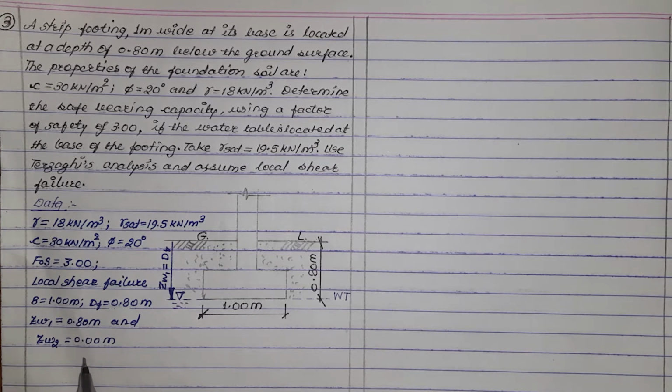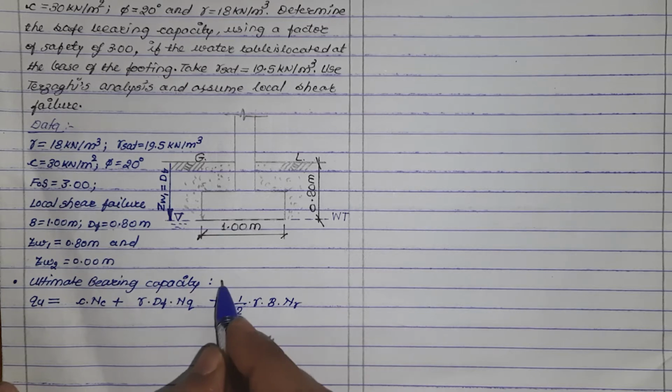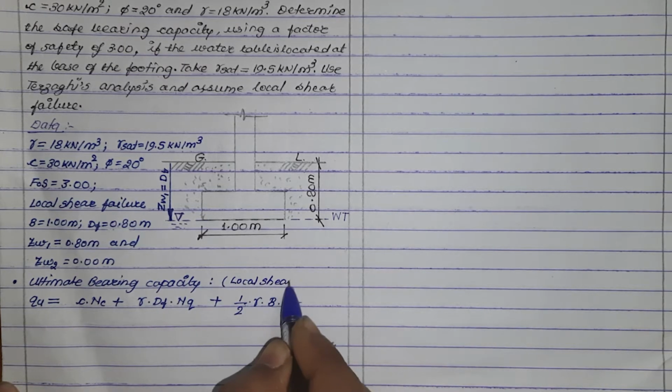Our first step is to write down the equation for ultimate bearing capacity for Terzaghi's analysis. Ultimate bearing capacity for strip footing is found out using this formula: QU equals C NC plus gamma DF NQ plus half gamma B N gamma. Here local shear failure condition is mentioned. Hence, for local shear failure,